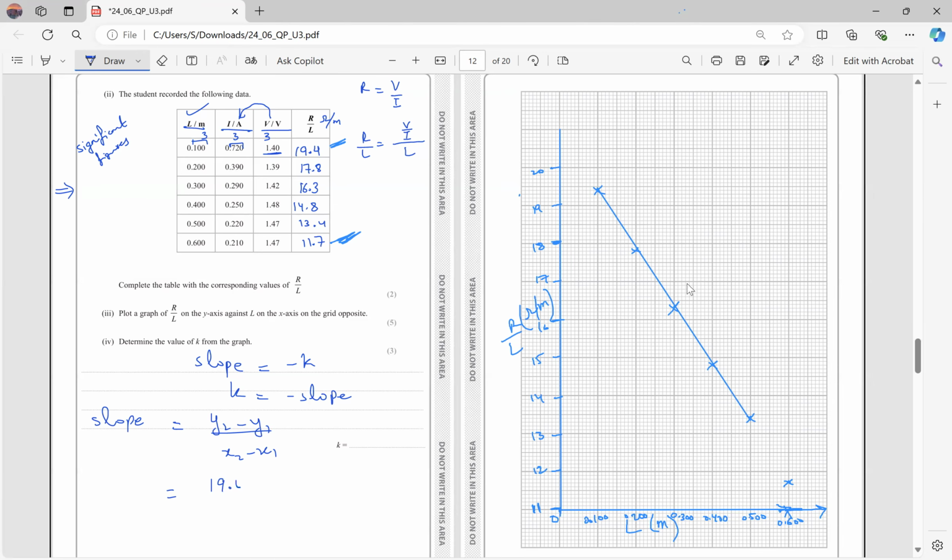So 19.4 minus 11.7 over 0.1 minus 0.6. So this point we are choosing, that is 19.4 comma 0.1. I should label it as xy, sorry. So 0.100 and 19.4. And this point, which is,